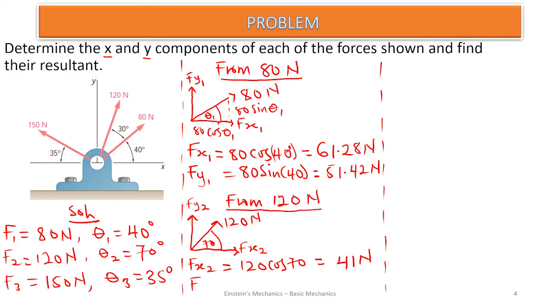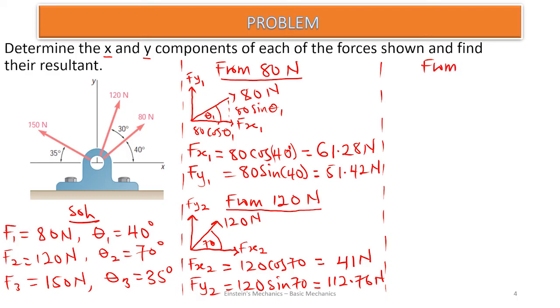The force resolved on the y2, that is going to be 120 sine 70. And with this, it is going to give us 112.76 Newton. This is for the 120 Newton force. And